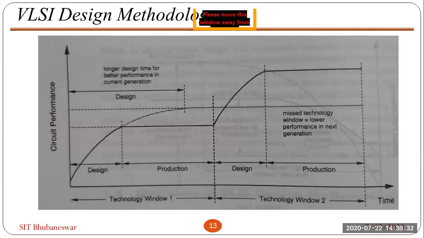So why would people do full custom in digital to get better performance? Whatever performance they are getting is sufficient. They think this is the optimum; we will not get better than that. If they do full custom, they will get better performance, but it will take multiple years. Got the point? Who will take the risk of doing full custom in digital? The product will complete in 2 years, but in full custom it will take 10 years. Then in those 10 years, 5 technologies will come and go. So no one will take the risk to do digital things in full custom.